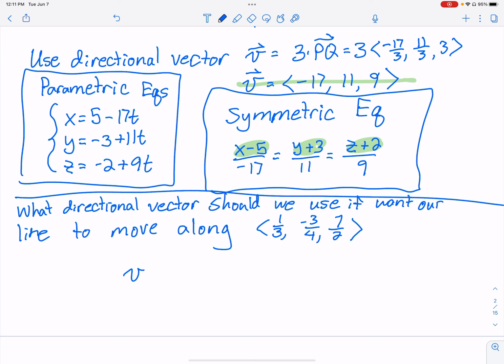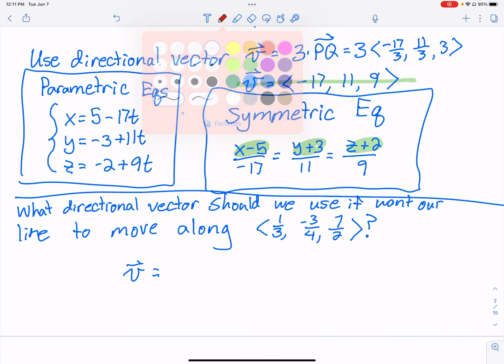Well, we want to make this pretty for ourselves. So what I do is I multiply